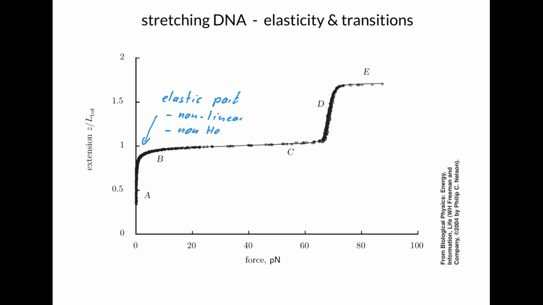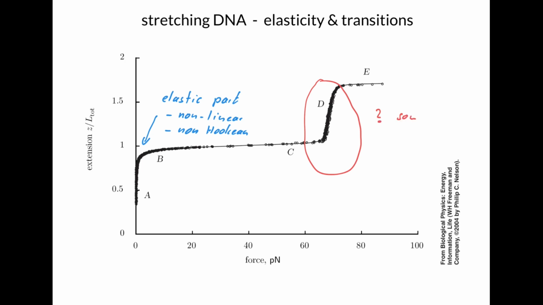Yet what we have to realize is this is not a linear Hookean-like extension, but it's non-linear. Now, if you go to higher forces, around 65 piconewton, something dramatic happens, and there's a second extension curve occurring